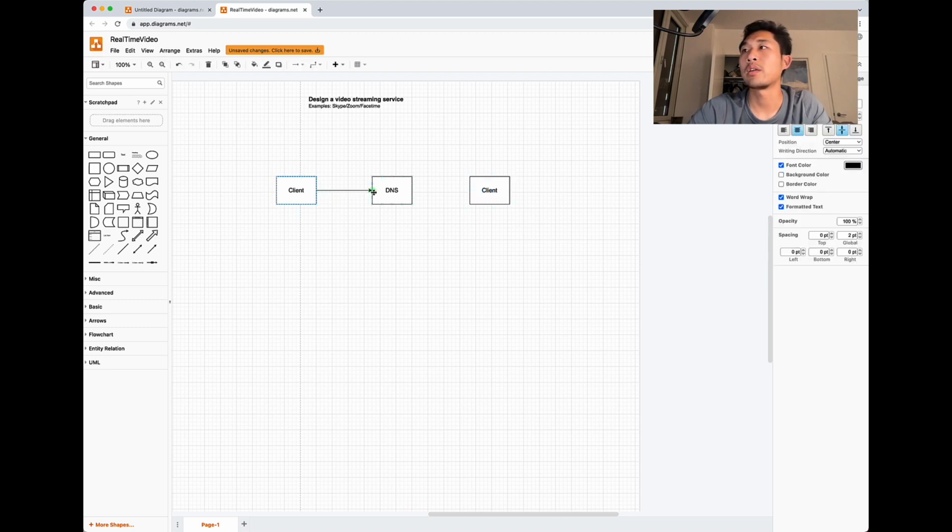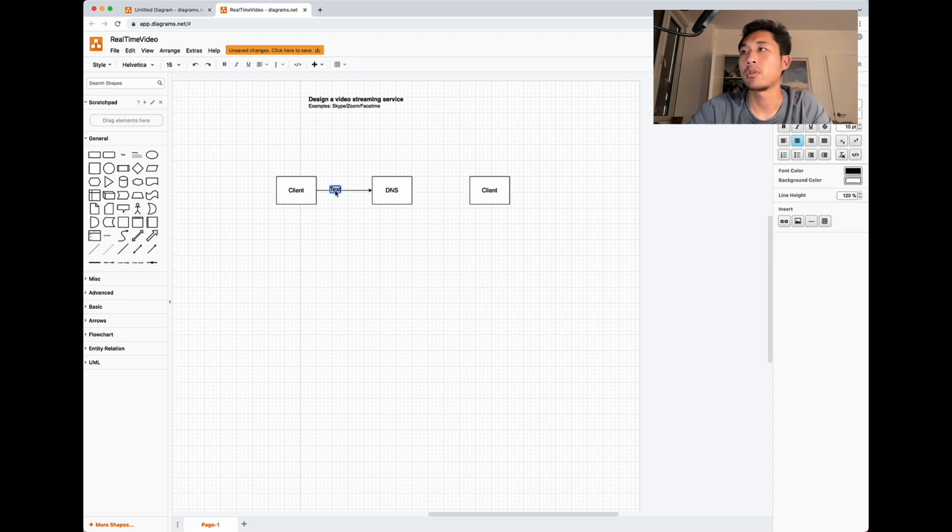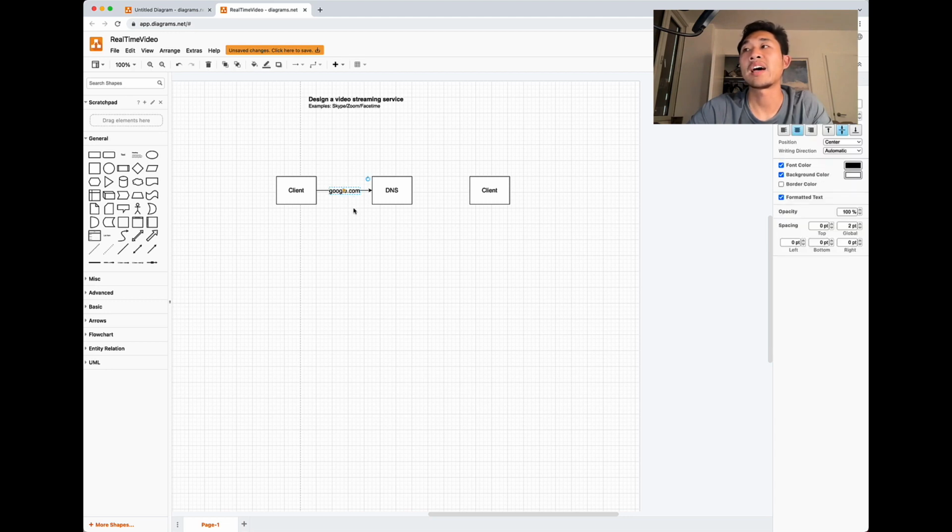So the way the internet works is you might, for example, want to look up google.com. And by looking up google.com, you're not entirely sure what google.com's IP address is, because that is the actual address of the server on the World Wide Web.